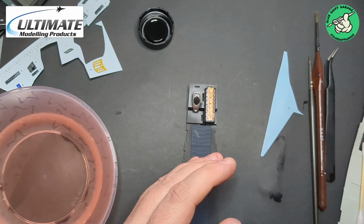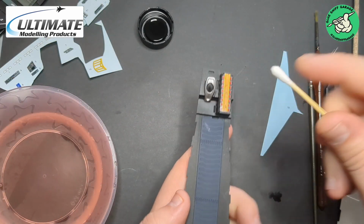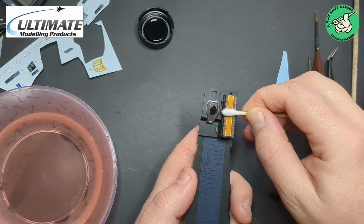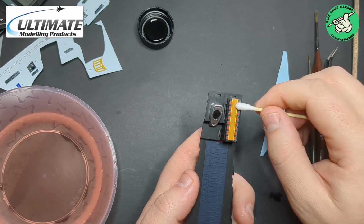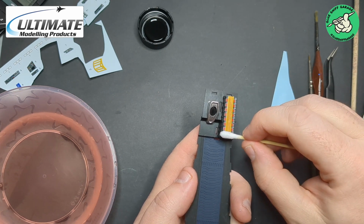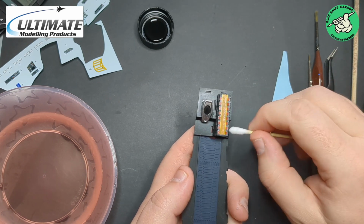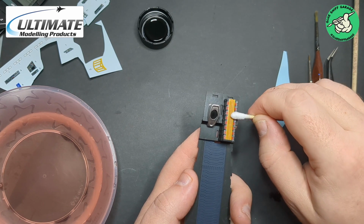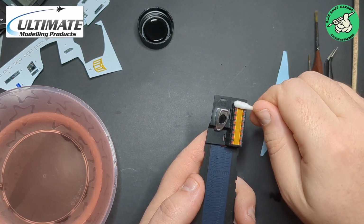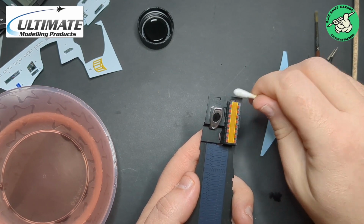We'll leave that now for maybe 10 minutes or so and see what it looks like. Right, so it's had 10 minutes there, and we are just going to go back very carefully and roll the cotton bud. You don't want to drag it because it can catch on the decal and give you problems. It'll pull the decal away and then you'll struggle to reposition it and get it back in the same place. So you're just going to gently roll, pushing the